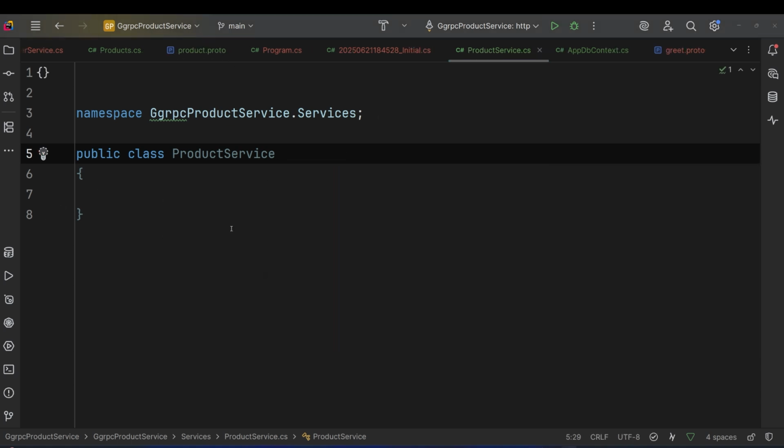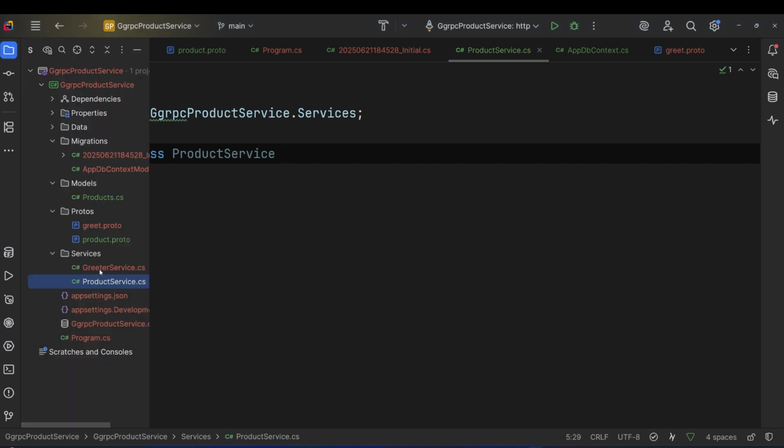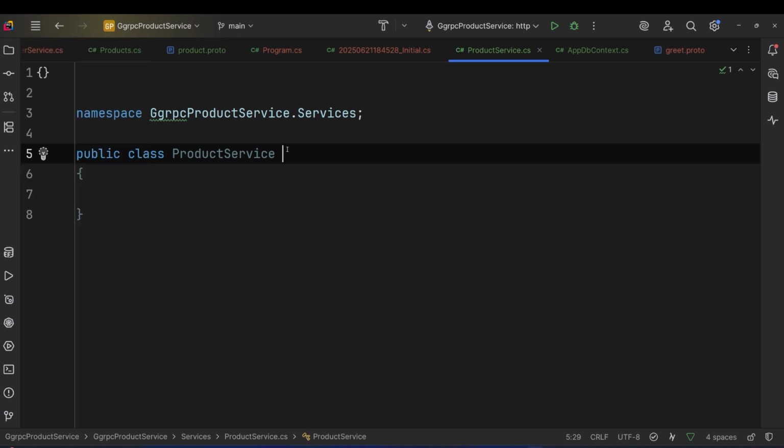So it's the same. The point is that this concept we are talking about is the same as when we are building a RESTful API or REST API, but some of the things change. So here, one thing that we need to do before we can get access to the base code that is being generated from the proto is that we need to